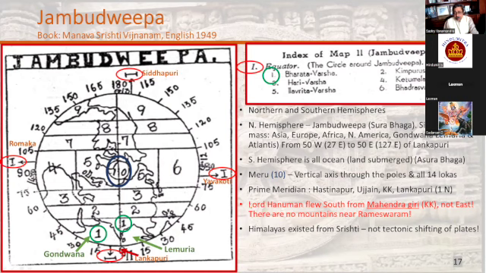So I draw your attention to the fact that even in Valmiki's Ramayana, it says that Lord Hanuman went south from Mahendragiri, and Mahendragiri is Kanyakumari, not Rameswaram. Now, the fact is, if you were in Rameswaram, you would have to travel east to get to Lanka. But if you were at Kanyakumari, you would go south to get to Lanka.